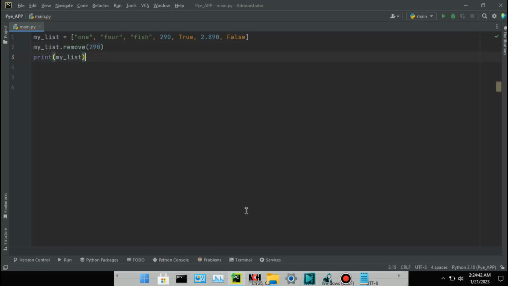So to delete an item from a list, we use the del keyword. And so instead of using remove, we type in del and then the name of the list and the specified index number in square brackets,